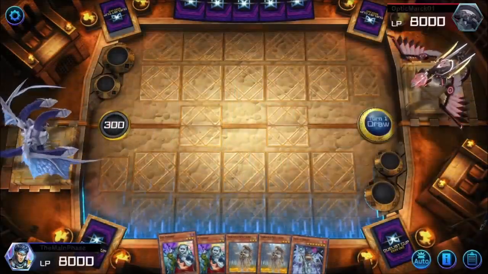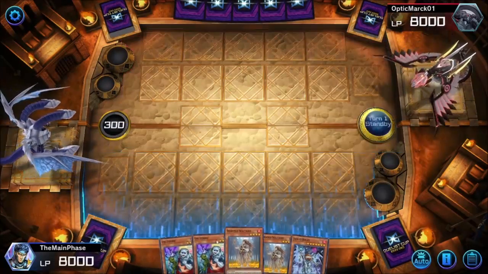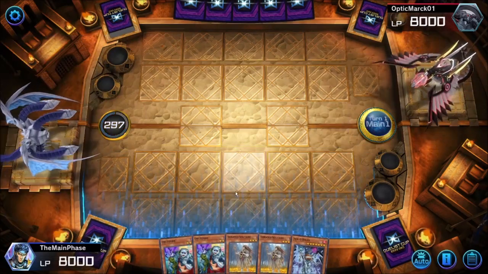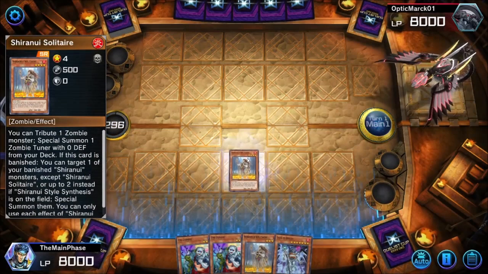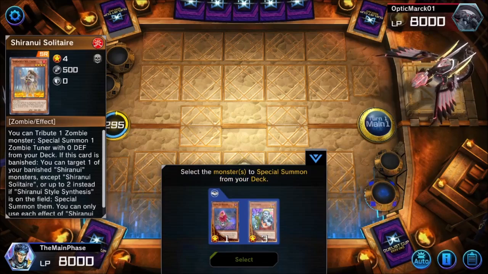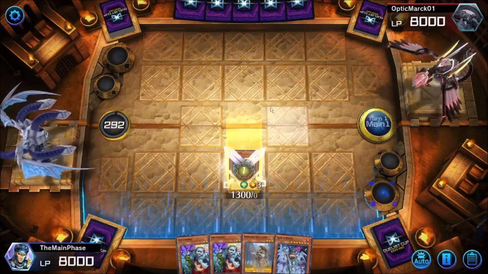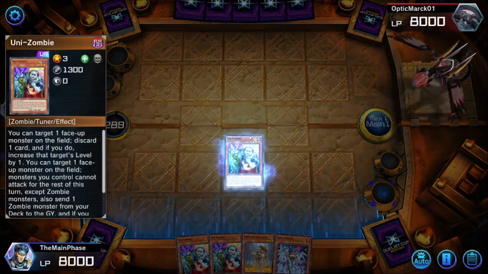This is interesting. It's a bit weird having 2 Uni-zombie and 2 Solitaire in the starting hand. I think what we'll do is we'll start with Solitaire. We'll go for Solitaire's effect, and we'll tribute it to summon a Uni-zombie from deck. Then we can use Uni-zombie's effect,